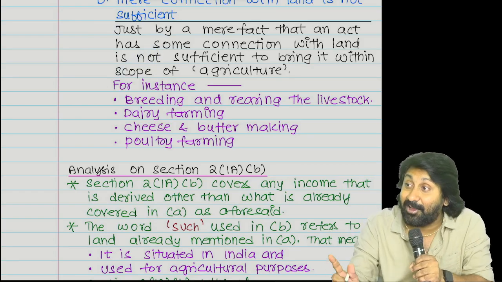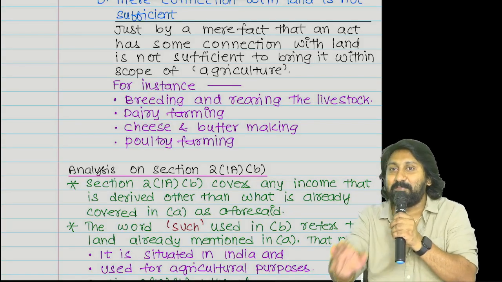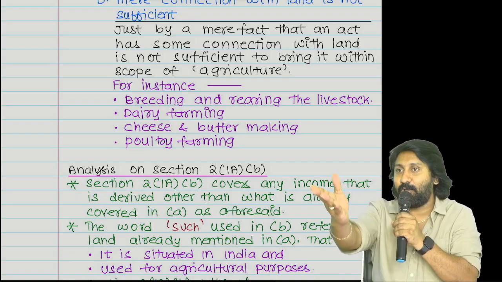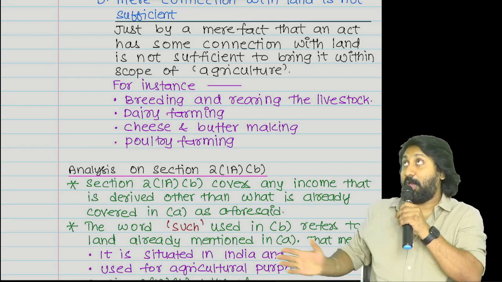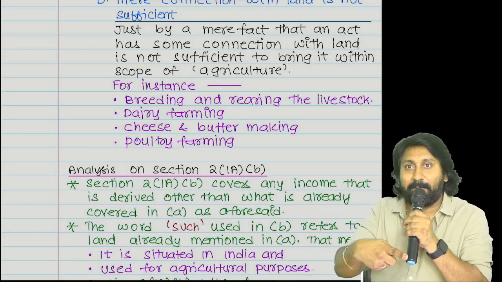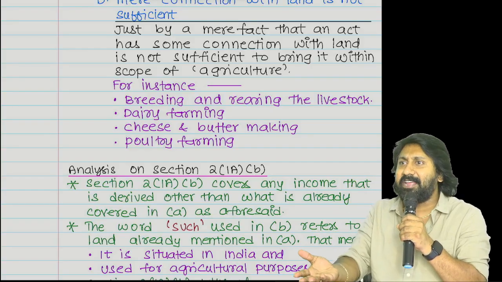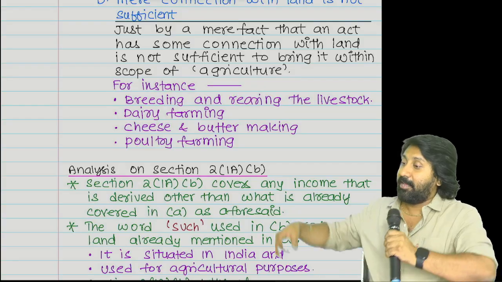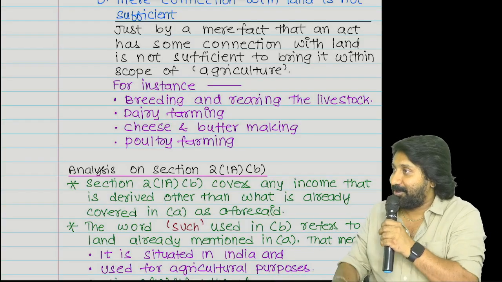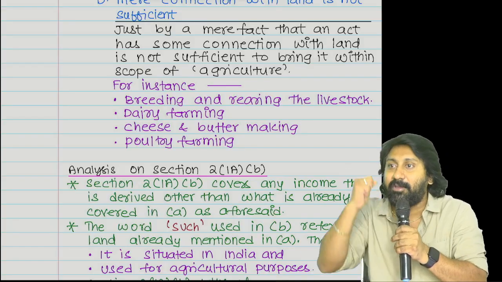Because you are not carrying on basic or subsequent operations. Because you are not carrying on agriculture. You are not carrying on basic operations and you are not also carrying on subsequent activity. It is just agricultural land. Immediately, if you sell, is it agriculture income? What have you done on the land? Here, nothing you have done on the land.